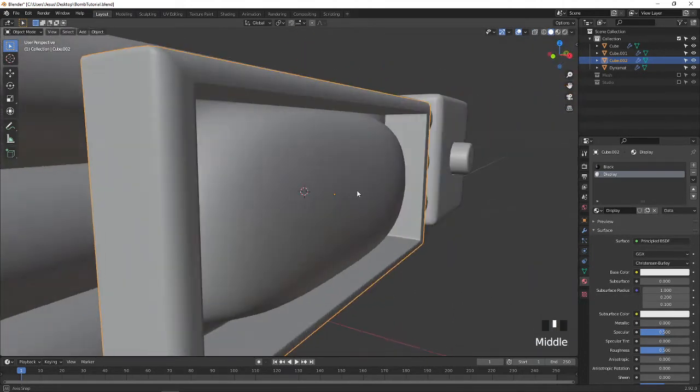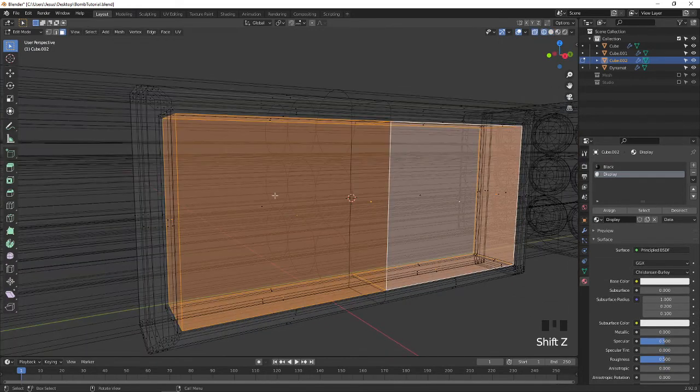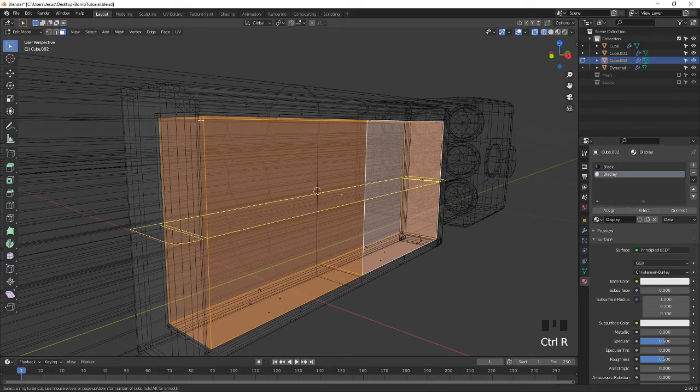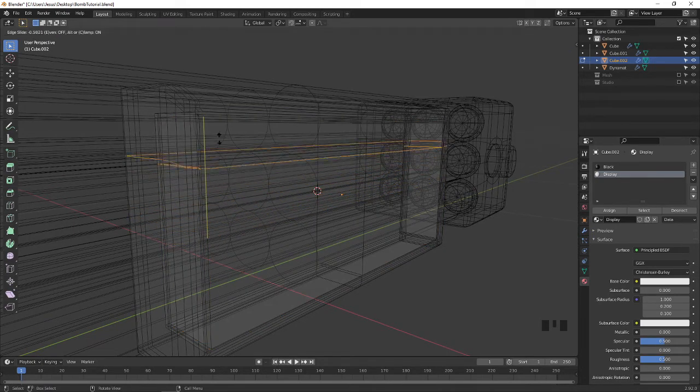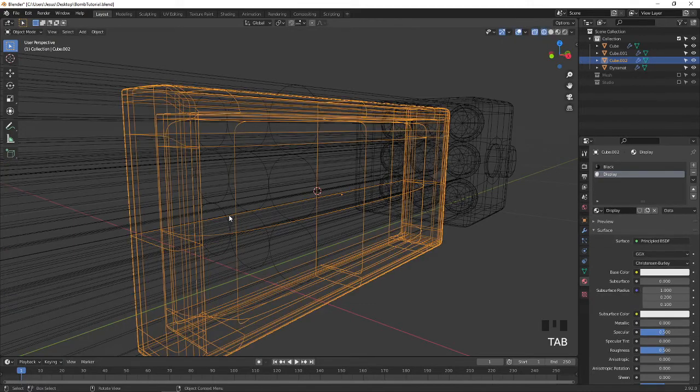You can see it looks totally different. Why? Because we have not created any edge loops on the other sides. What I am going to do for the same is press Ctrl R and create one edge loop here, press Ctrl R and create one edge loop here, and press Ctrl on the middle one.